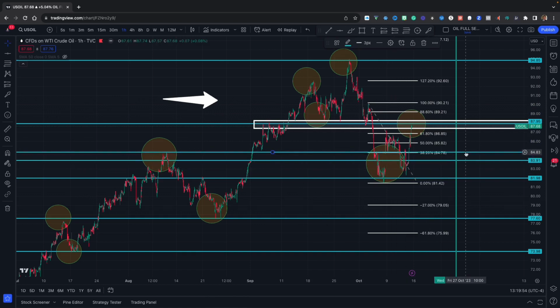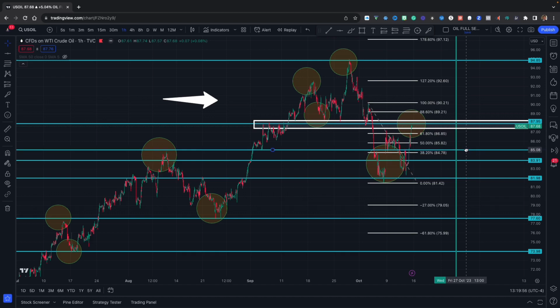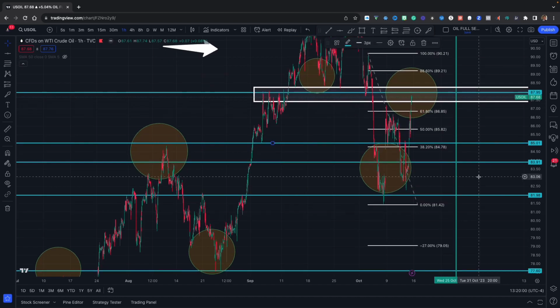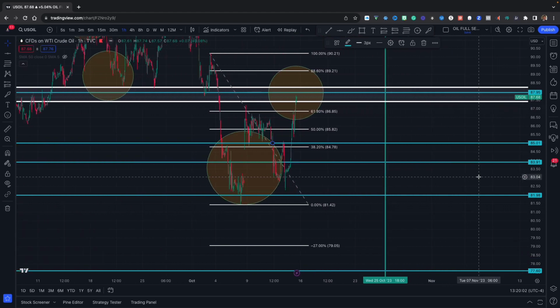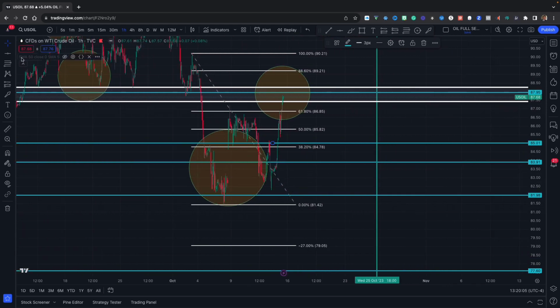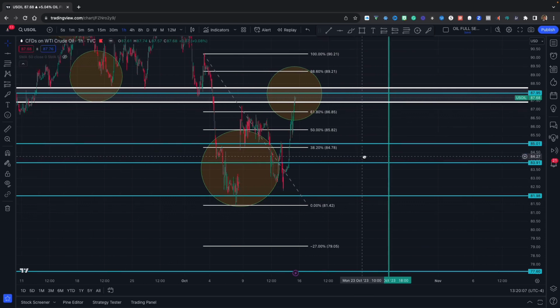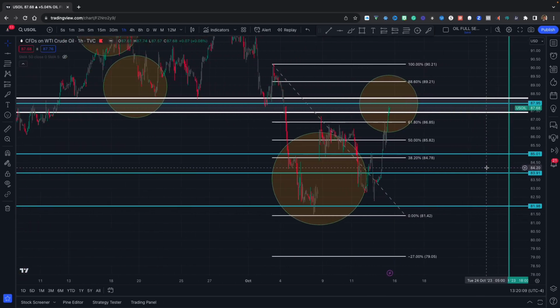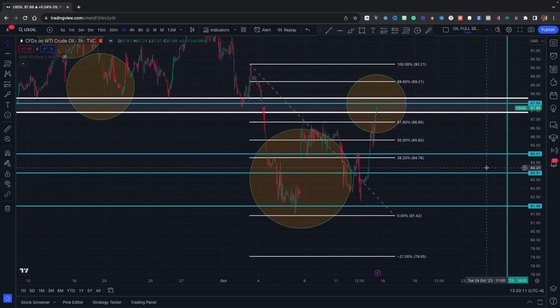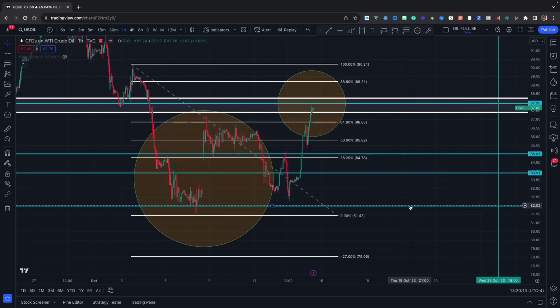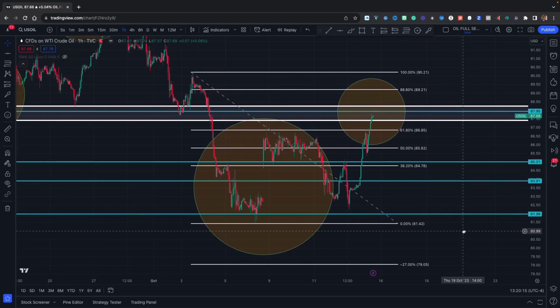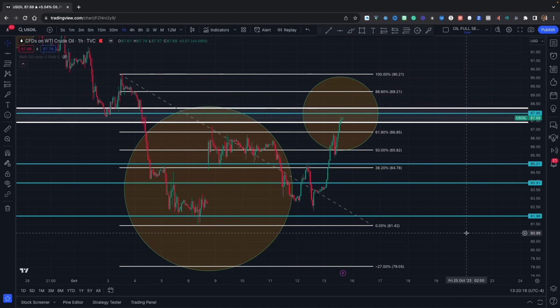on the 1 hour, understanding that price has already shown some forms of rejection in this area, because I would not want to buy from this area that has shown resistance. I'm going to wait to see if it breaks and retests or if it's going to drop down to another level. So this is why having zones within zones gives you a better opportunity